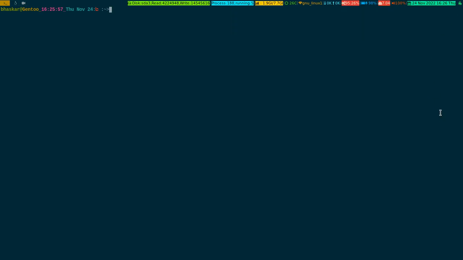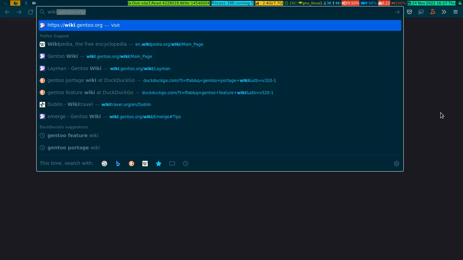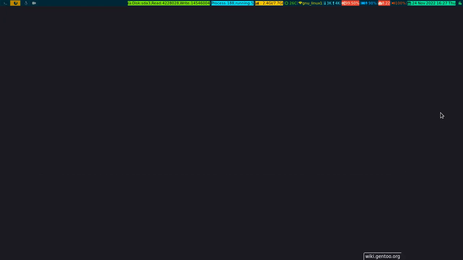So it's mod shift and F, which will bring up Firefox, and if I move it to a designated workspace, my Firefox basically looks like this. Okay, and if I write something like that,